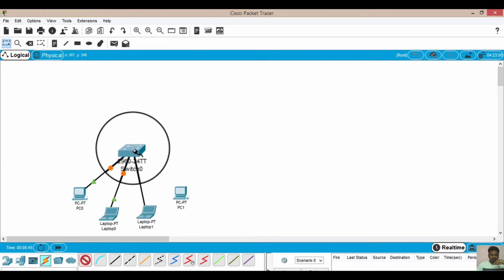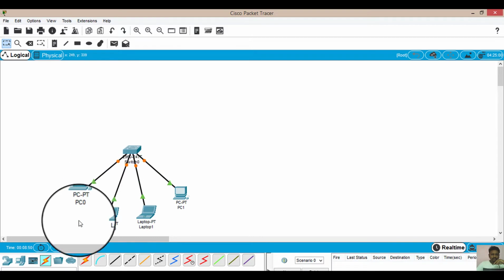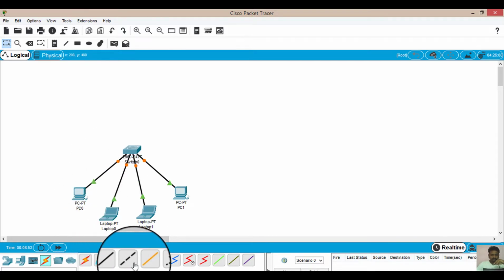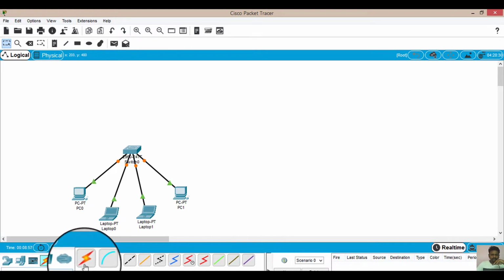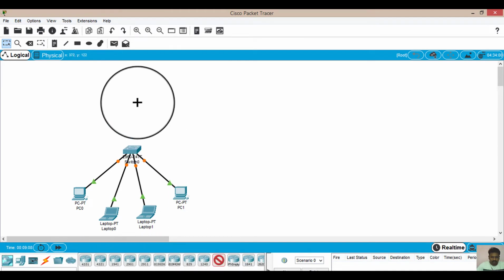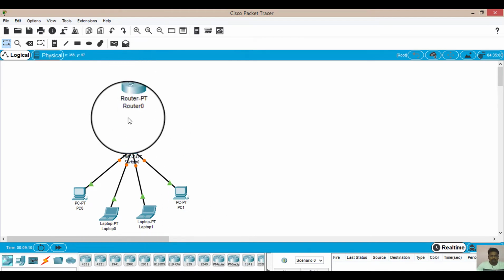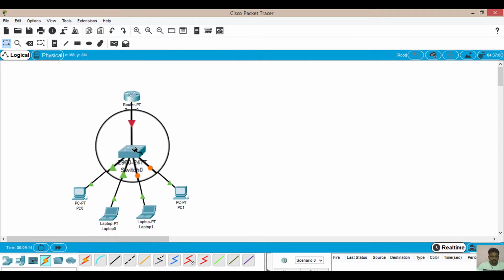For connections, we have the auto config connection already available as an option in Cisco Packet Tracer. You can directly use this, or if you know the wirings, you can use that. The easiest way of doing it is by using this auto config connection method. Okay, this is done, one part. Second, I will go to the router part, drag and drop a router here, and then connect this router to this switch. So I am ready with the initial setup of a network.